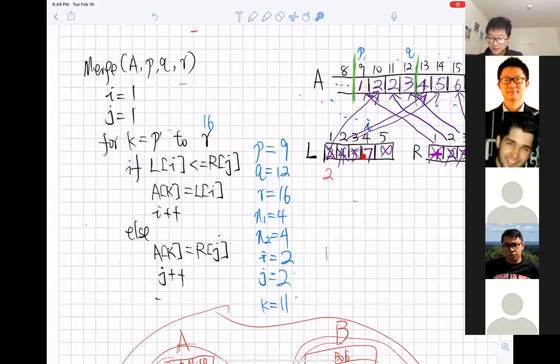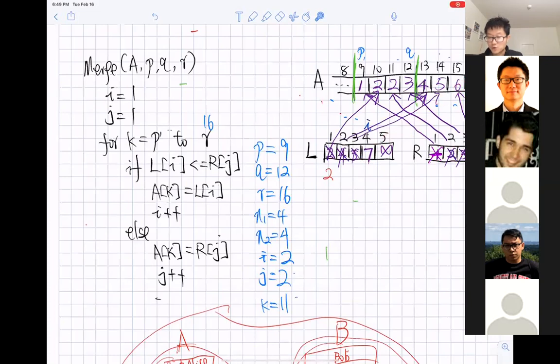So the only number that has not gone to the array A is Li. It must be this value that goes over here.